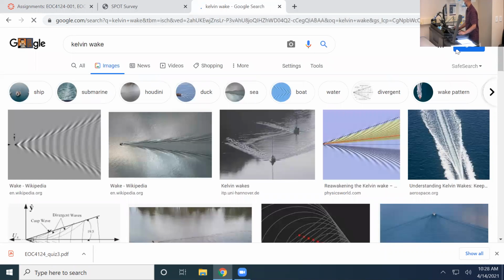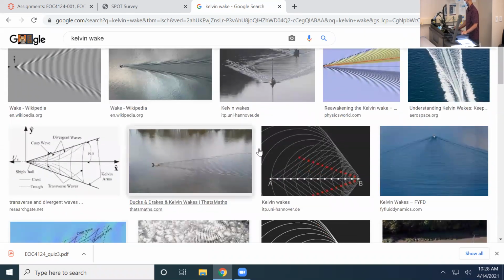Okay, so anytime a vessel moves through water, we know this wave system it creates, and we've talked about it. It generates a lot of drag. It's wasted energy. So we can go further and look at the details of this wave system and try to understand how it influences the drag and what we can do to try and minimize this. Of course, you would want to get rid of it completely, but that's impossible. So we have to live with it, and how do we minimize the energy we spend trying to overcome that